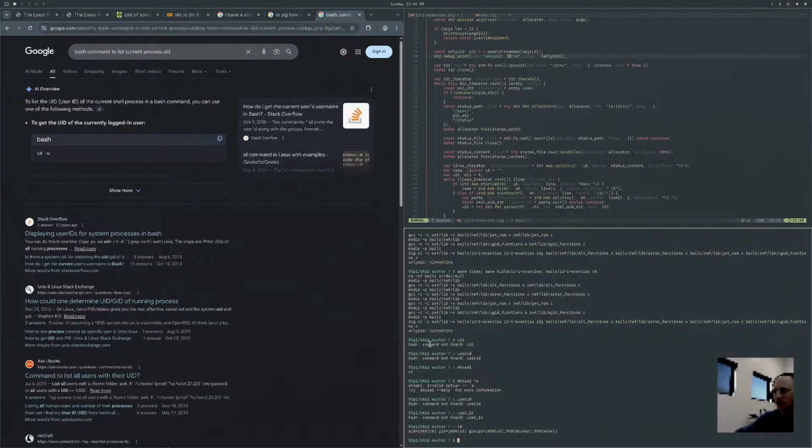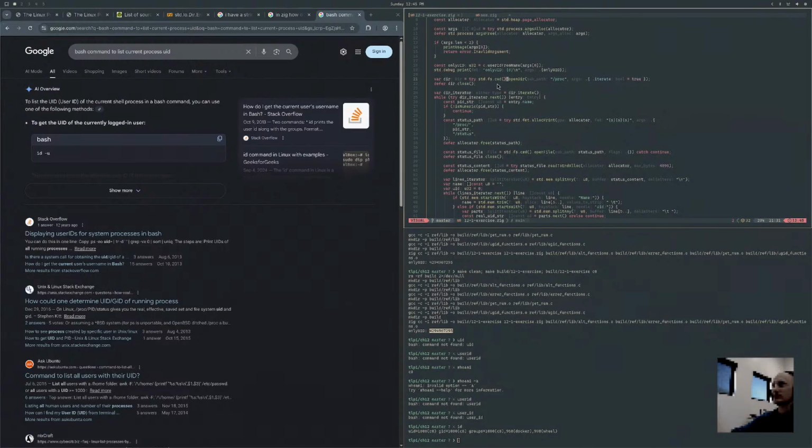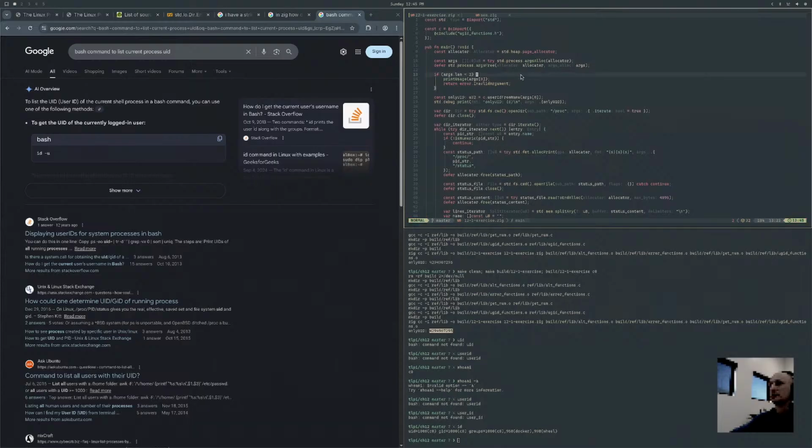So why does it come back as this crazy number? Is this like a C thing? It's probably passing this into theirs, coming back with the wrong thing. So